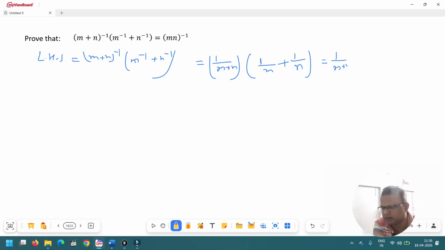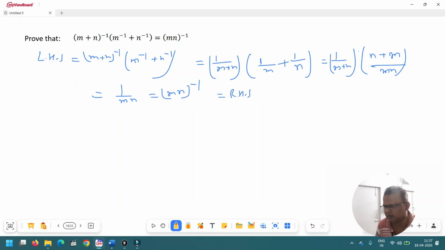One by 10 to the power m plus n equals m plus n plus m, that is equal to 1 by m, and that equals n to the power minus 1. That is equal to